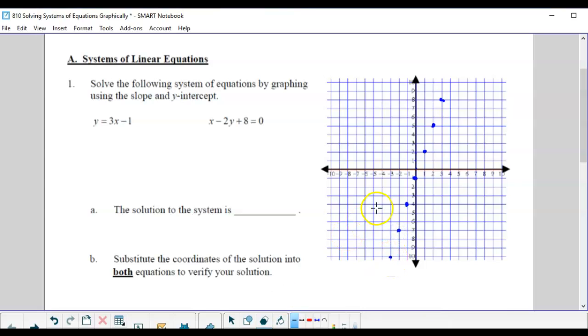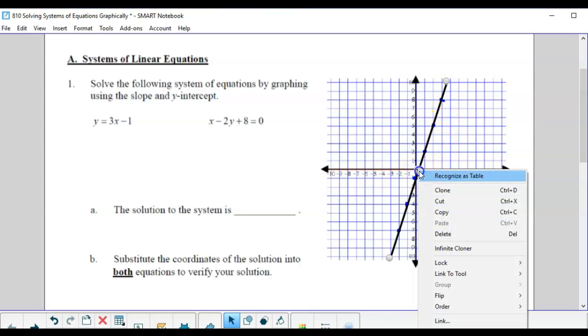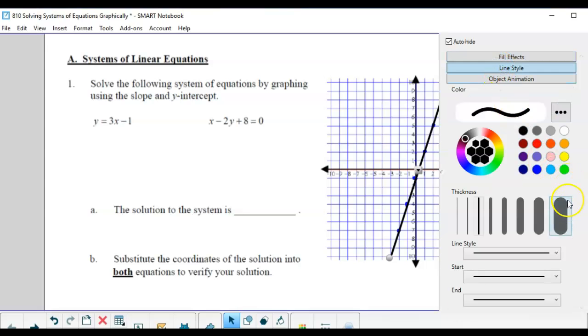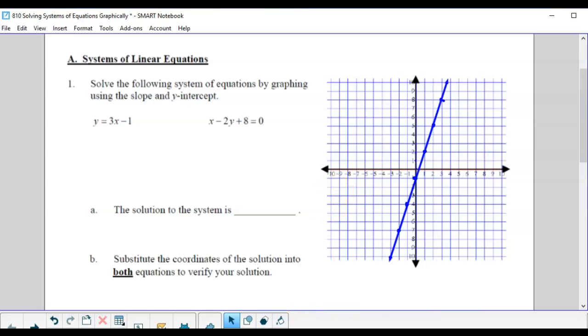Okay, I'll use this. Oh, okay, gotta try that again. There we go. All right, so there's one line. Let me just fix it a little bit there. And you should have put arrows at the end. Okay, so blue. Okay, and then the next one is